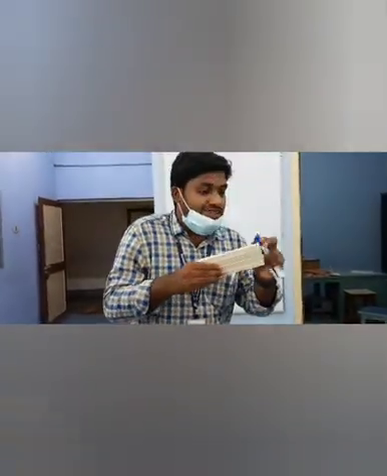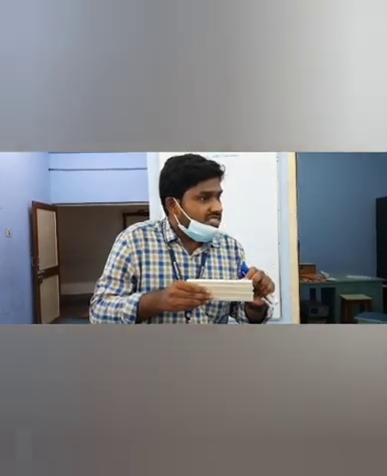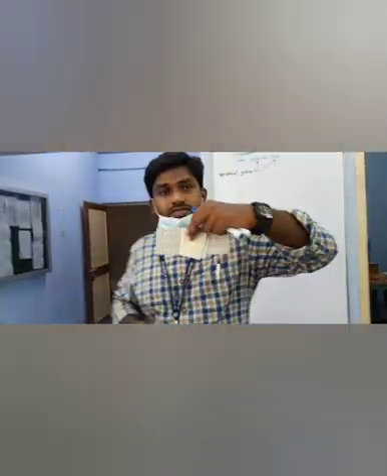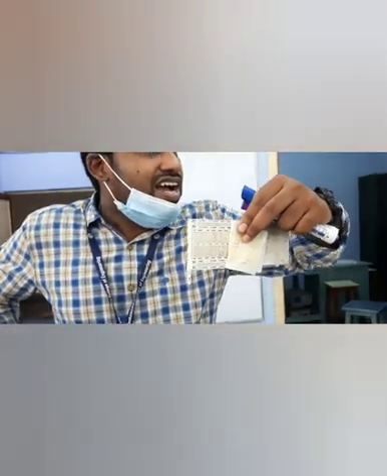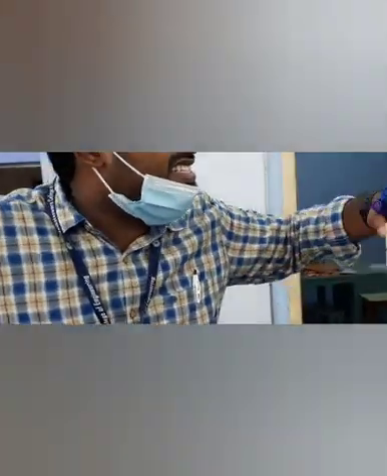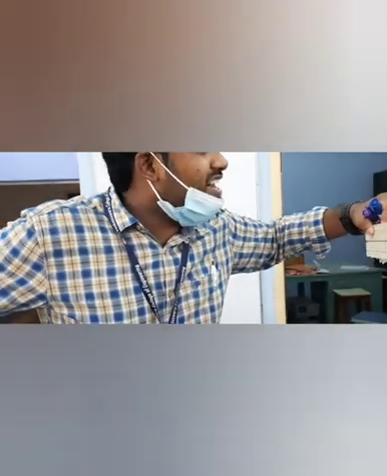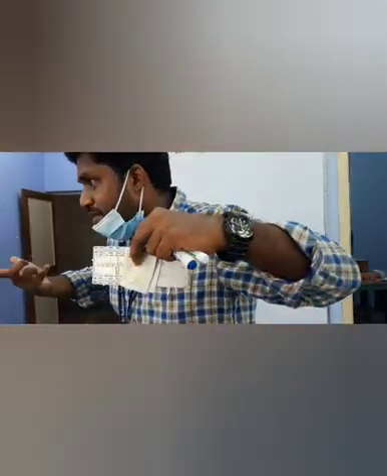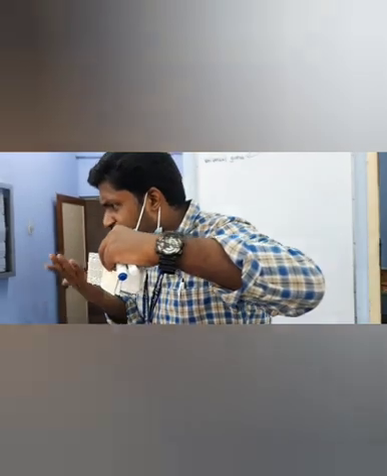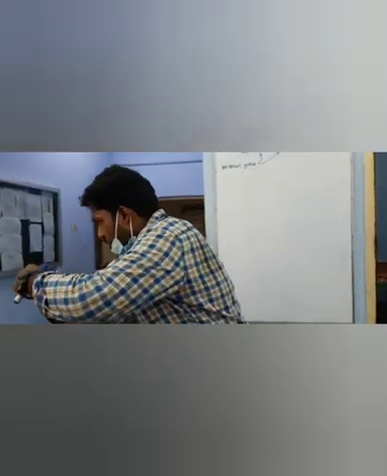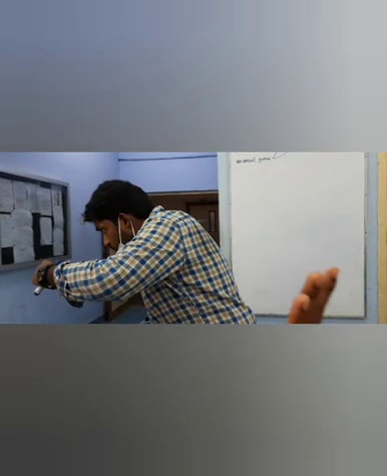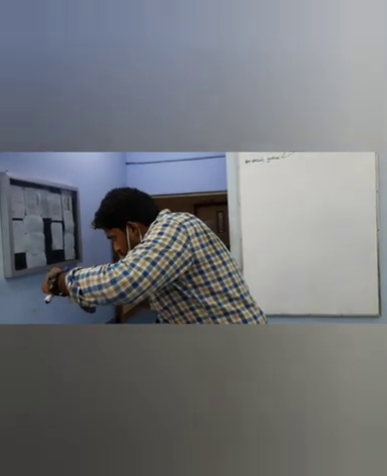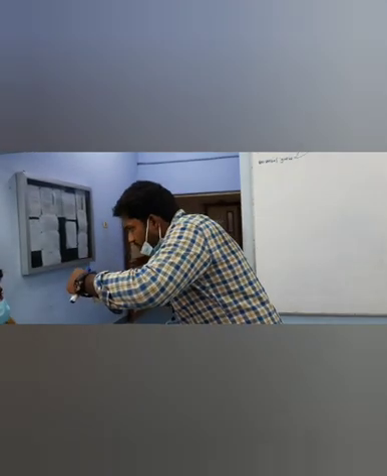How are they connected? They are connected internally. I will remove the cover and show that it is connected internally. I have removed the cover and I show that there is a connection inside. How are they connected internally? Using a metal. Is it clear? Yes or no? All 5 holes are connected, whether in a row or a column.